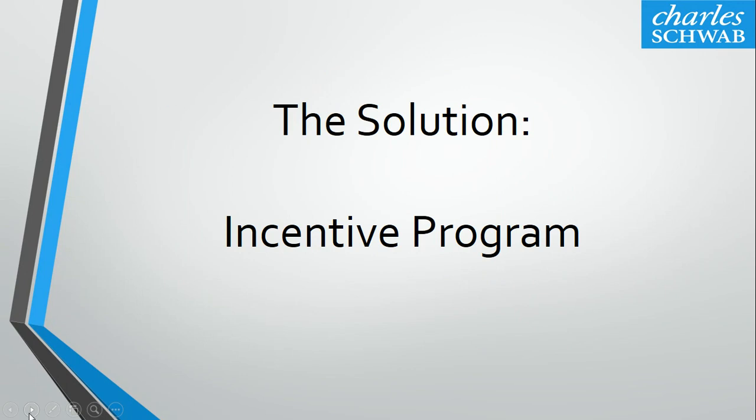Out of the 5 potential solutions we just explored, our team felt that the incentive program would be the most relevant and effective solution. The reason for that, if you go back to our original managerial problem, was that the targets, objectives, and goals of the employees were not aligned with those of the organization as a whole. So we felt that the best way to get those things aligned would be to incentivize the employees to meet the targets, goals, and objectives that the organization wanted them to meet. And by restructuring that and incentivizing it, we believe that we'd see an immediate increase in performance.